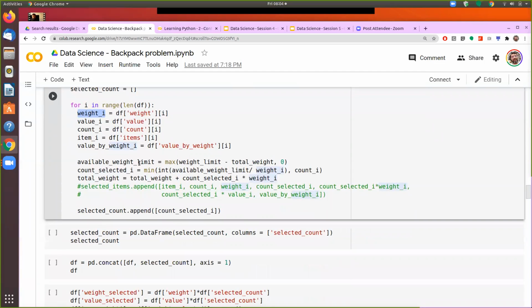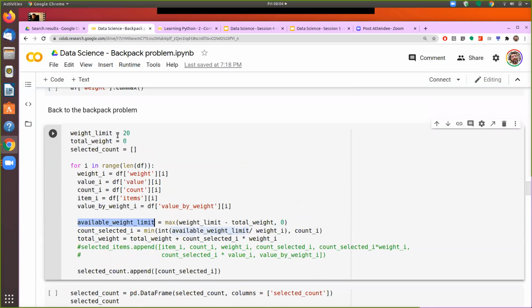So the second part of my logic is getting operated here. First I'm saying that first assess what is the available weight limit, and we have defined that weight limit is 20, but how much is available at this point in time? What is available is the weight limit minus whatever I have consumed.